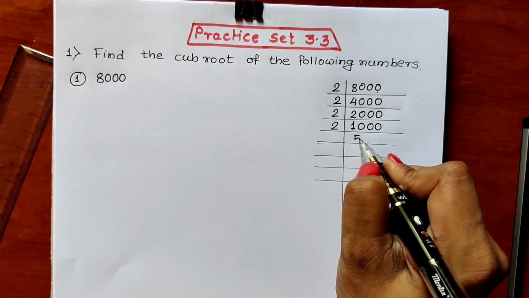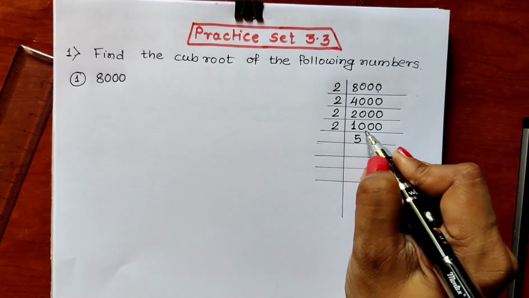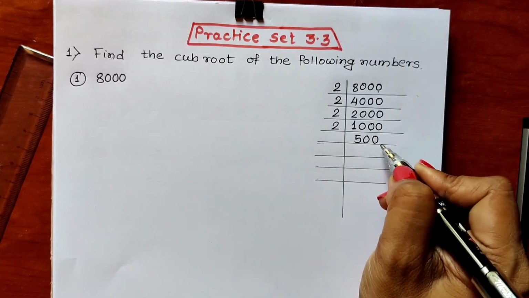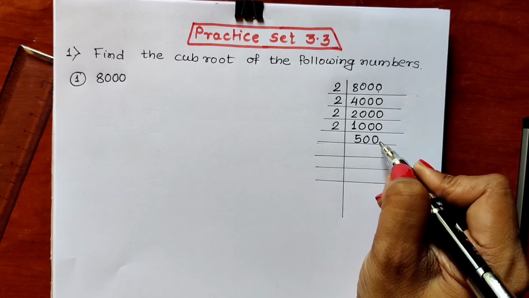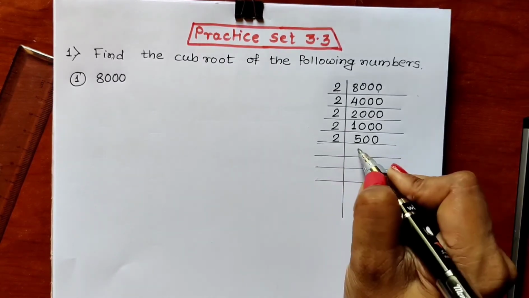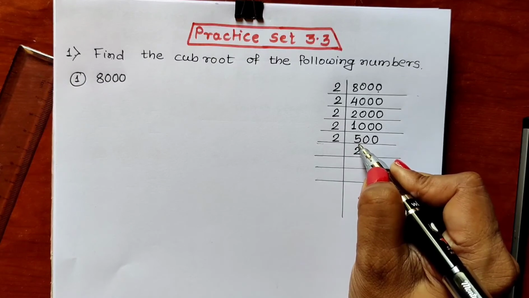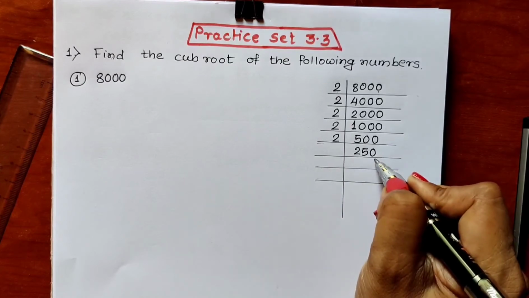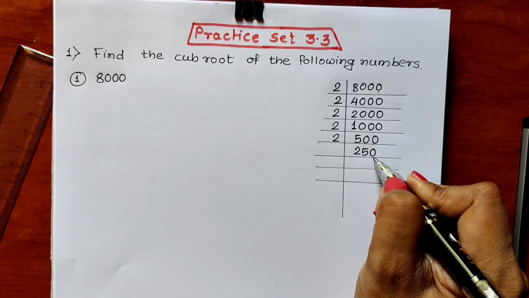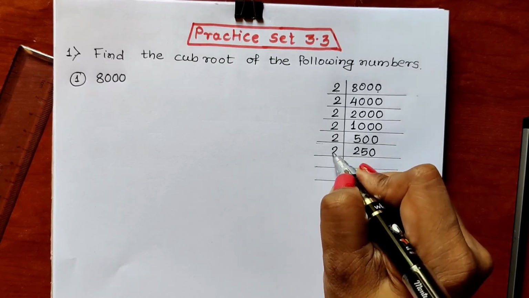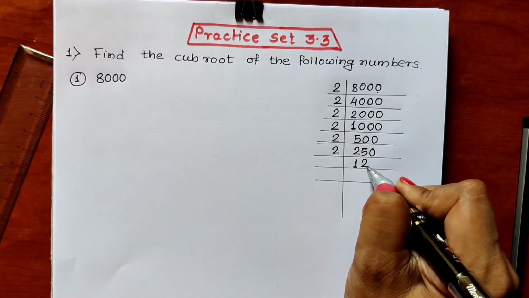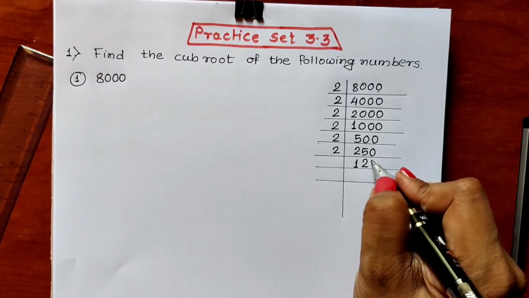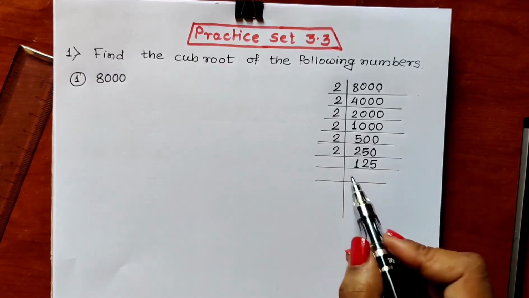Now 2 5s are 10 we will get. Correct? Then 2 5s are 10, 0 and 0. 2 zeros are 0, 2 zeros are 0. Again 500, we have got 0 in the unit place. Again this is an even number, so it is divisible by 2 again. 2 2s are 4. 5 minus 4, 1 remaining. This 0 means 10. 2 5s are 10. Again 2 zeros are 0. Again 0 is in the unit place. That means again it is an even number. It is divisible by 2. 2 1s are 2. 2 2s are 4. 5 minus 4, 1 remaining. This 0 means 10. 2 5s are 10. Now we have got 125.